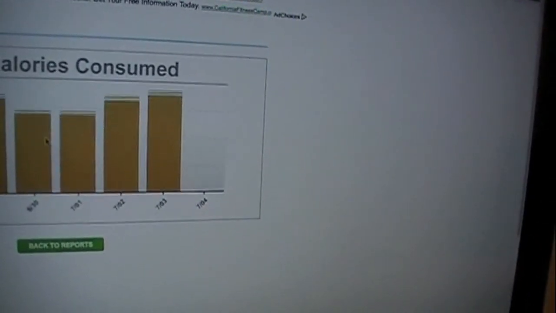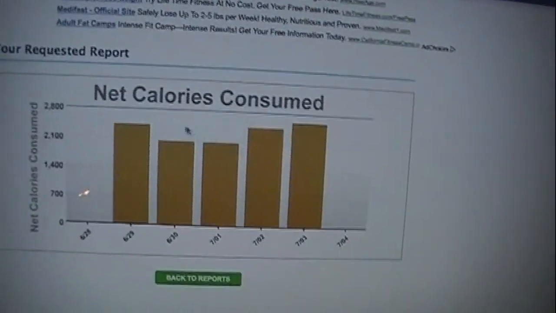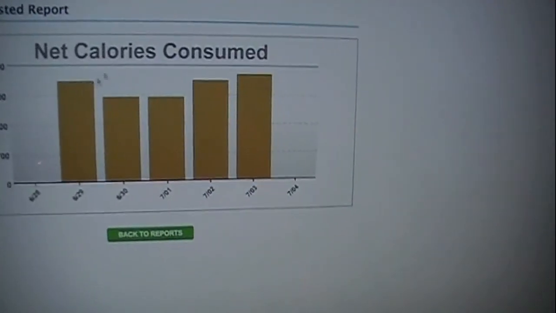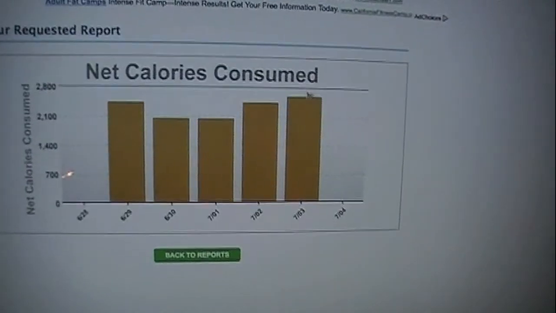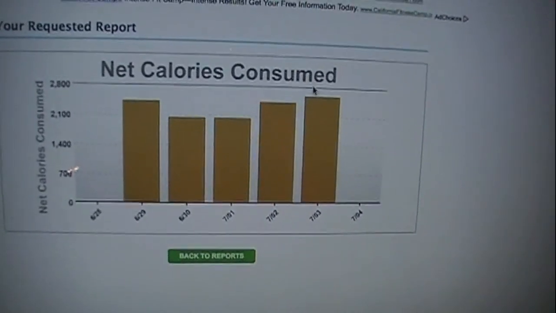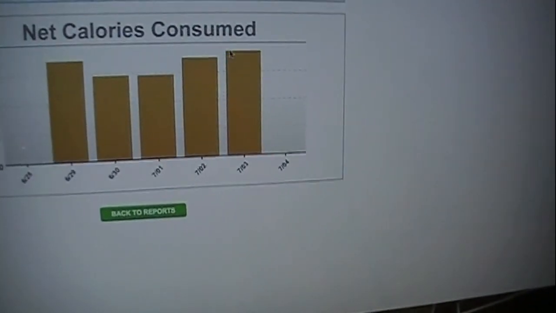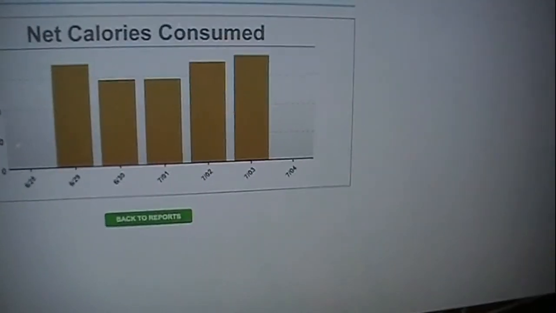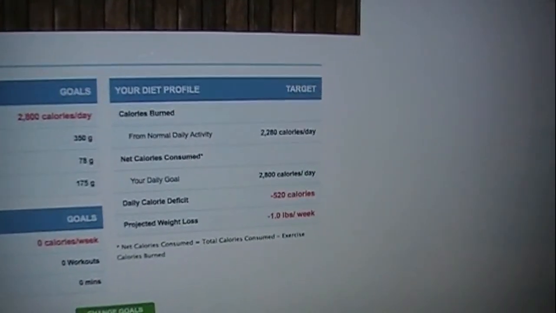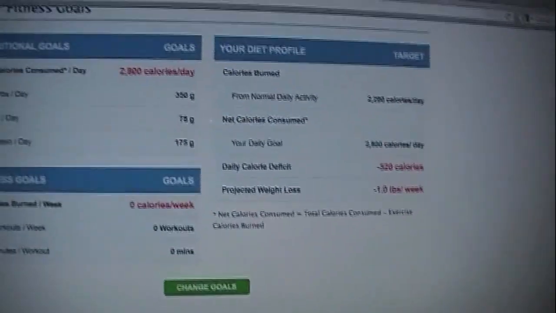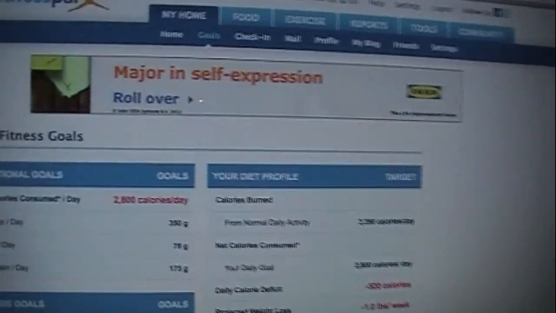Report. You can always get a report on nutrition. Net calories, view report. It'll show you a complete report, how much you've consumed over the past 7 days. So you can tell I'm at 2800. Sometimes I'm falling short of my 2800. I'm still trying to get there. I'm not able to eat a lot. So somewhere down the line, I have to start eating more. This is what it tells me. As you move from phase to phase, you change your goals accordingly, and you just keep moving forward.